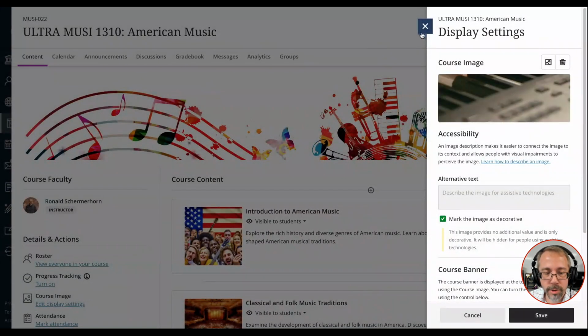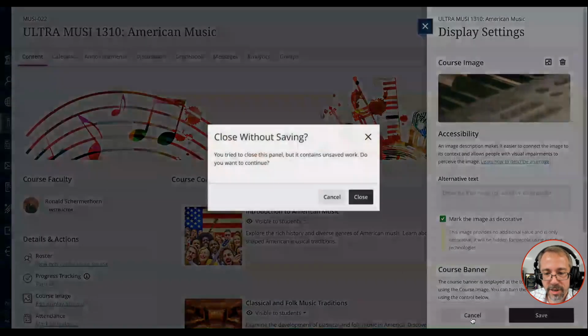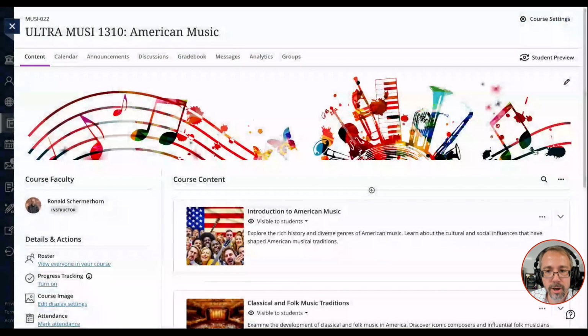Now, because the image was blurred out, I probably wouldn't use that. But again, you just keep playing and tinkering. I'm going to cancel that and leave what I have. Okay. Some other cool things that you can do with images. Let's go over to